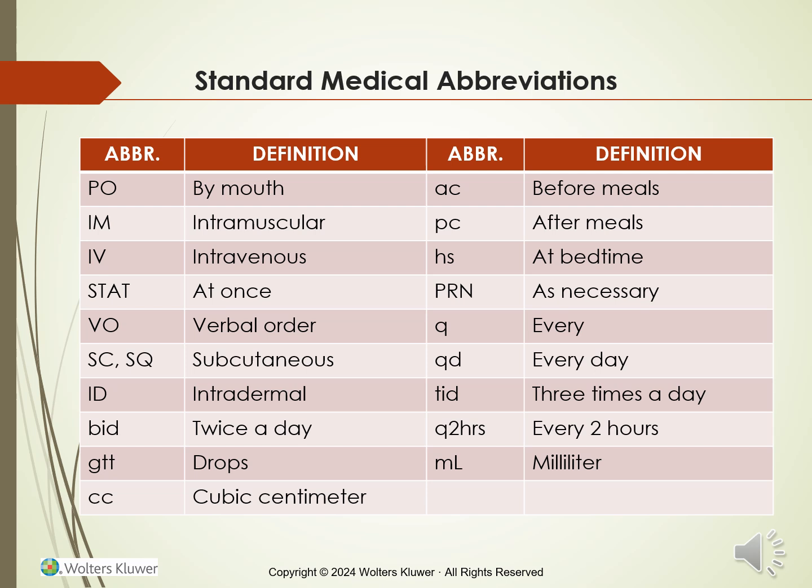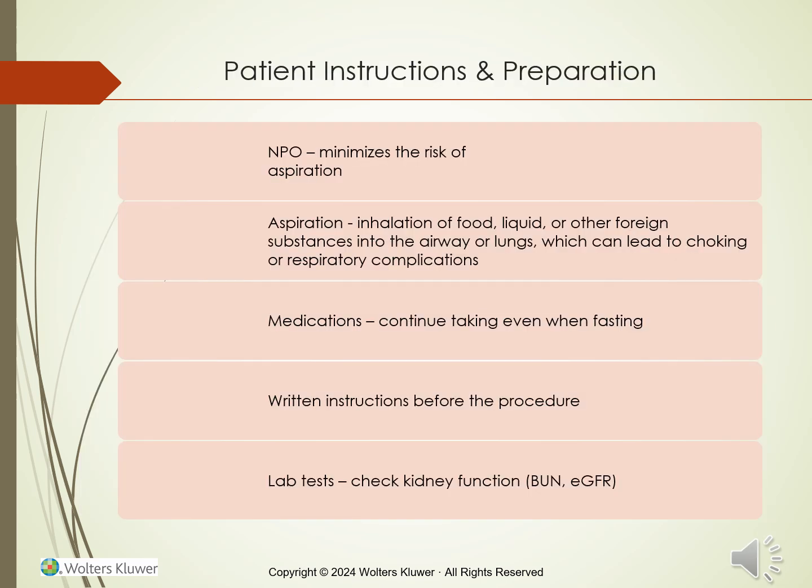BID is twice a day. GTT is drops. CC is the unit for cubic centimeters. AC means before meals. PC is after meals. HS is at bedtime. PRN is as necessary or as needed. Q is every. QD is every day. TID is 3 times a day. Q 2 hours is every 2 hours. And ML is milliliters. When administering medications, in particular contrast to patients, patients should be given specific instructions on what